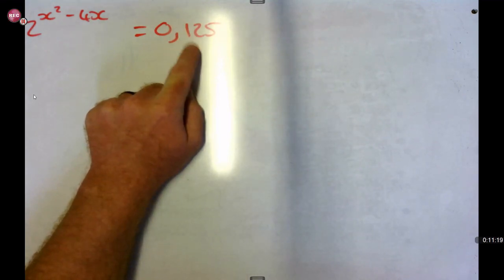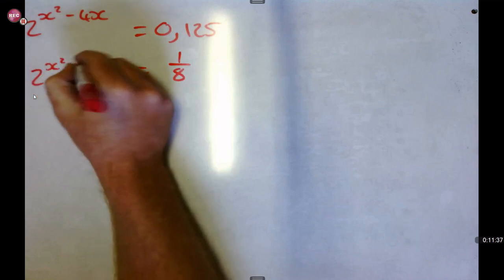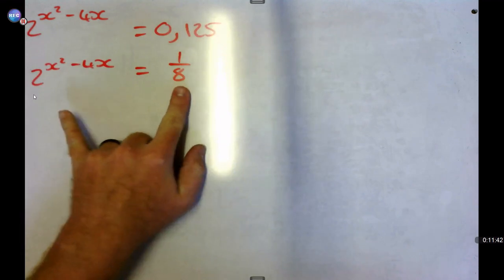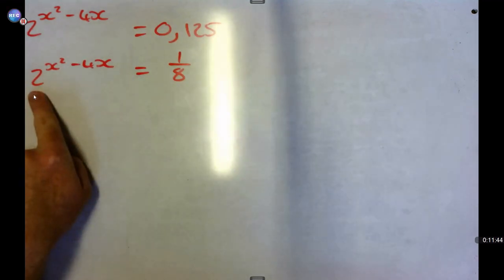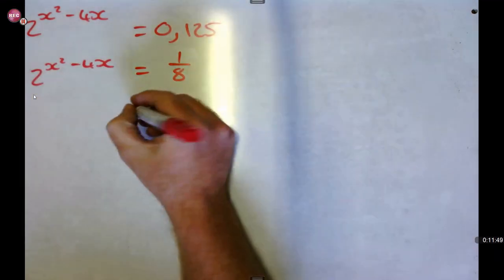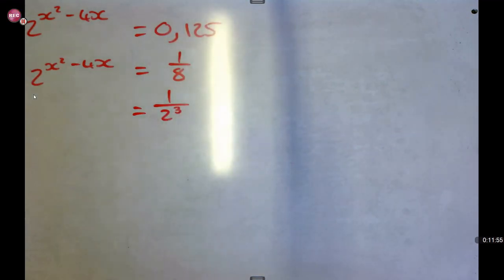And the common fraction that I'll change this to, obviously you'll say 125 over 1,000, but you need to go and simplify the 125 over 1,000 to 1 over 8. Okay, so this is going to become 1 over 8. This we'll keep as is for now. Okay, now we need to change the 8 to suit the base of 2 that we've got here. So you put this into your calculator, not the whole thing, just the 8. And when you put the 8 into your calculator, you'll get 2 cubed. 2 times 2 times 2 is 8.